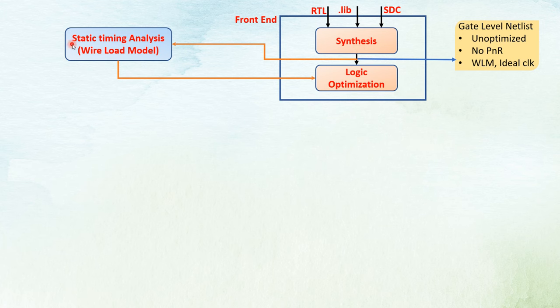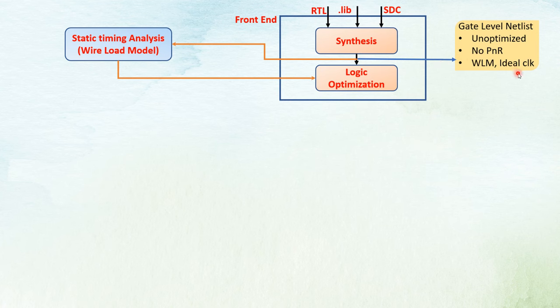So as you can see here, after synthesis, the tool basically does static timing analysis, and that static timing analysis is based on the wire load model. Also, the gate-level netlist that is created after the synthesis is unoptimized and there is no place and route done, and the analysis that you are doing is based on the wire load model, and the clock that is defined in your netlist, or that is defined in your RTL itself, or the gate-level netlist